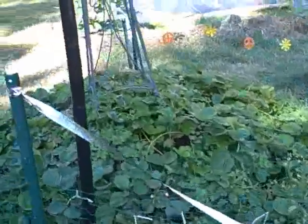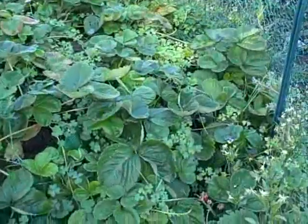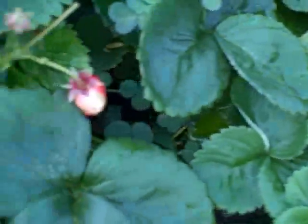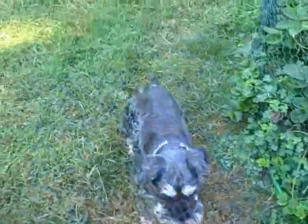Strawberry beds, putting out strawberries again. It just makes Razzie tickled pink. I got a little teeny strawberry coming up right there, and, oh, speaking of strawberries, she came hot-footing it over as soon as she heard the strawberry word. Look at that little tail. You'll get a strawberry. Just a minute, let me